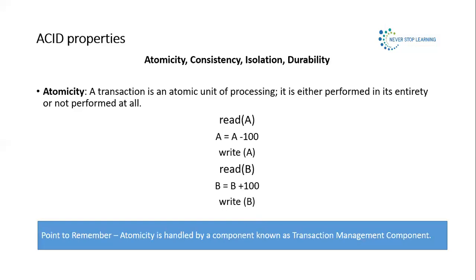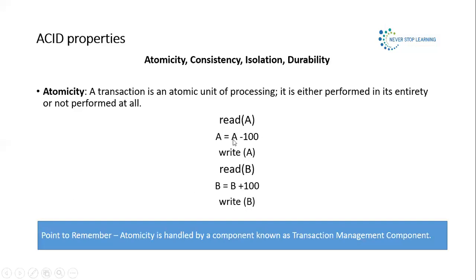To ensure that this kind of inconsistency will not be there permanently, we have to check the atomicity. The atomicity property ensures that these inconsistencies will not be visible. The basic idea behind ensuring atomicity is that the database keeps track of the old value of any data on which a transaction performs a write, and if the transaction does not complete its execution, the database system restores that old value. So here what happened?